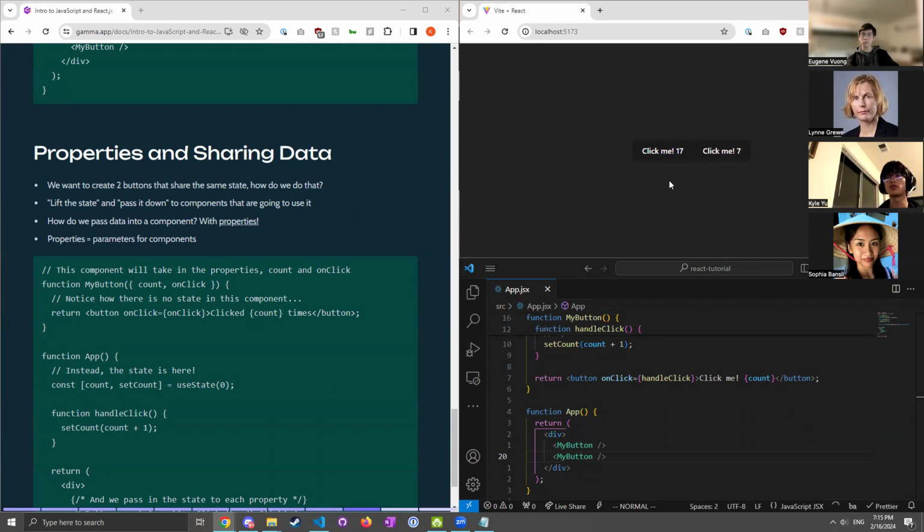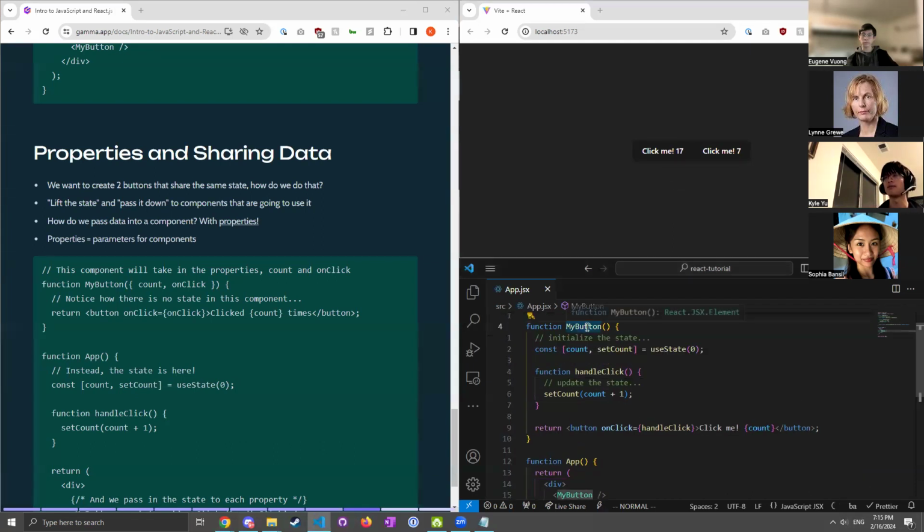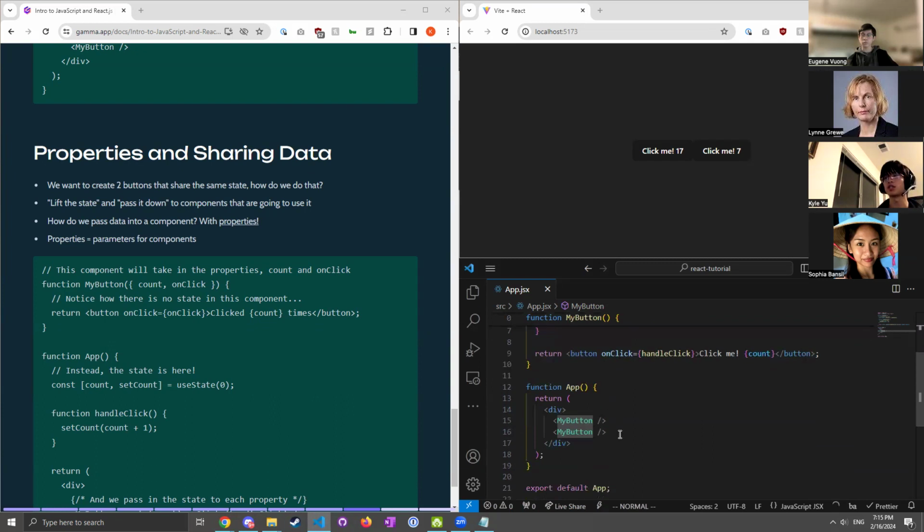But what we can do is what's called lifting the state into the parent component. So we have our component, my button, and we want to lift the state to the parent component. Well, what's the parent component? It's going to be the component that actually calls my button, and that's going to be app. App is the parent component. And so what we want to do is move the state up into the app component and pass that state